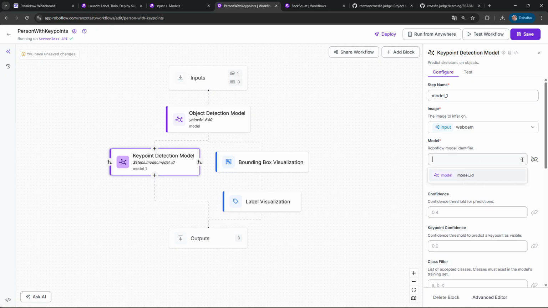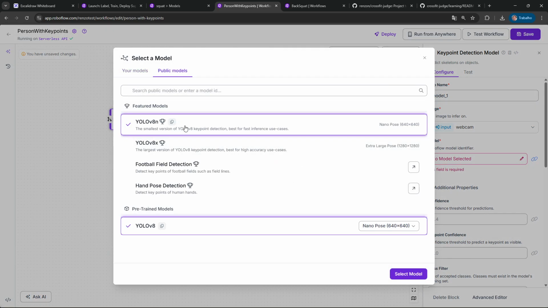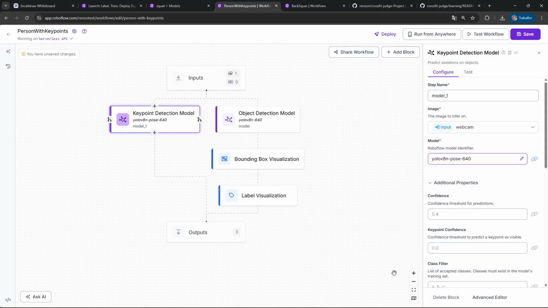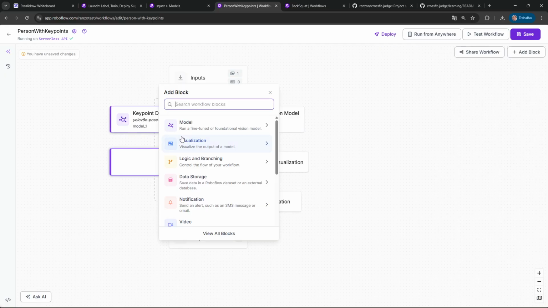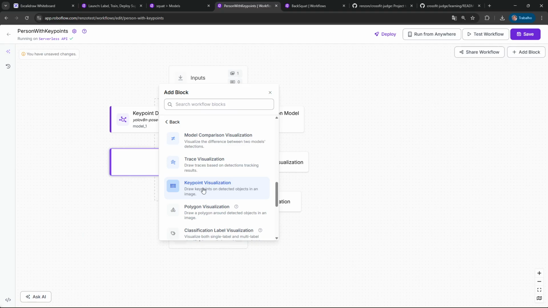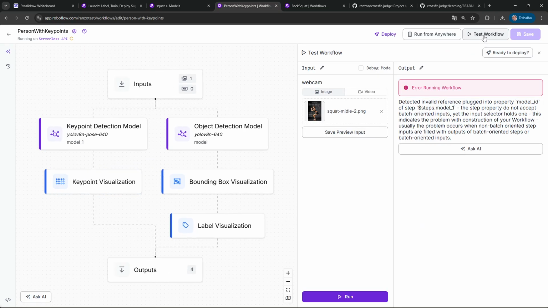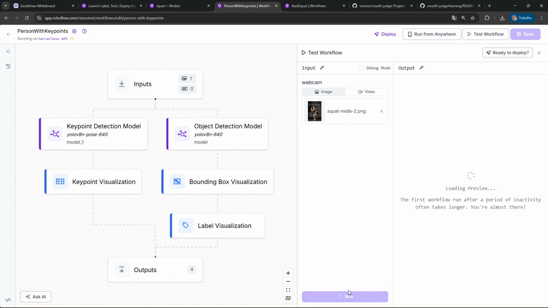I'm going to change the model. Let's unlink and select the YOLO again. I don't know if the pronunciation is YOLO. Probably not. This is some Brazilian Portuguese in this video, right? But anyway, let's test this workflow. I'm going to add some visualization so you can have a grasp of what it's going to do. I'm going to add this key point visualization so we can see on the outputs what I want with this. Let's run it and check if it will work.